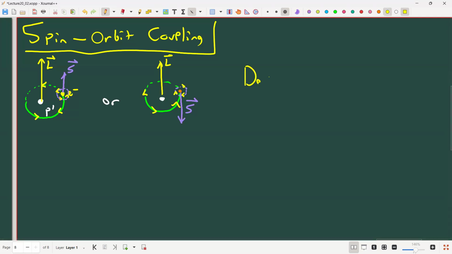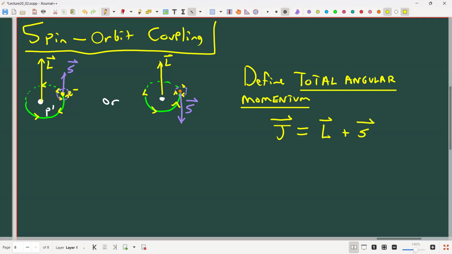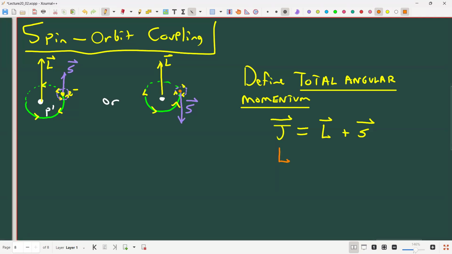So what we're going to do is define the total angular momentum, which we always call J. And that's going to be L plus S. We're just going to add the two vectors together and define a new angular momentum vector, J. And J satisfies the same rules that L and S do. Right? We have